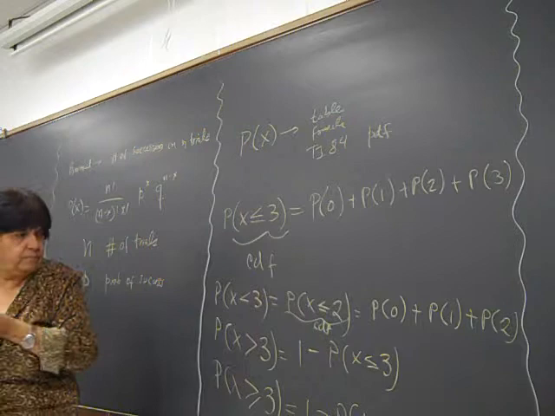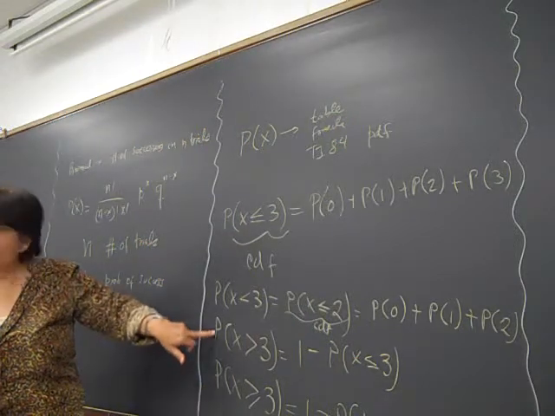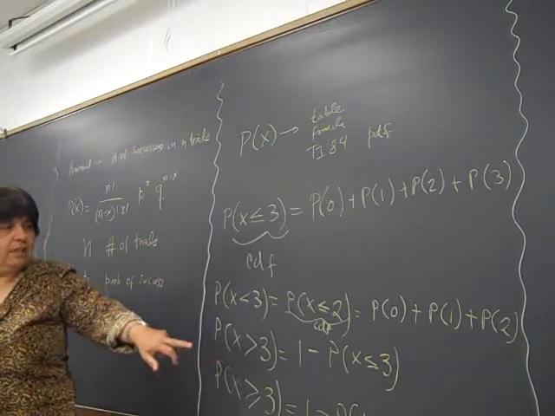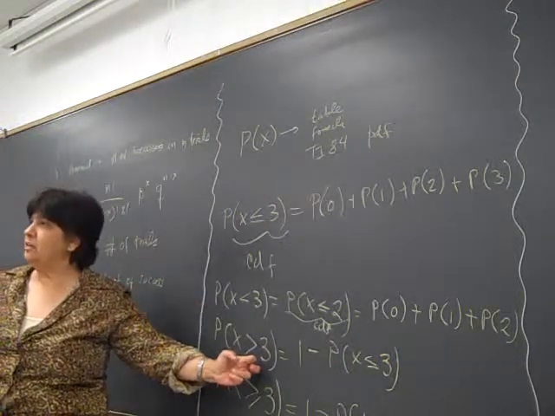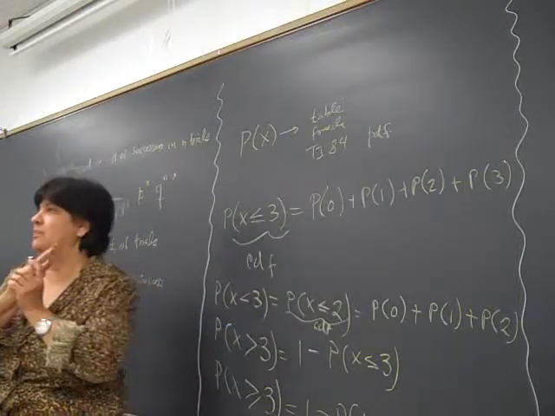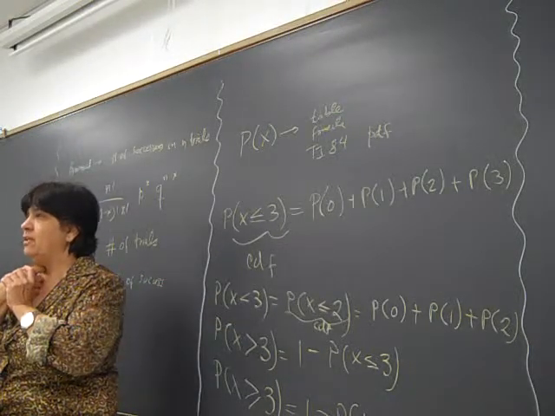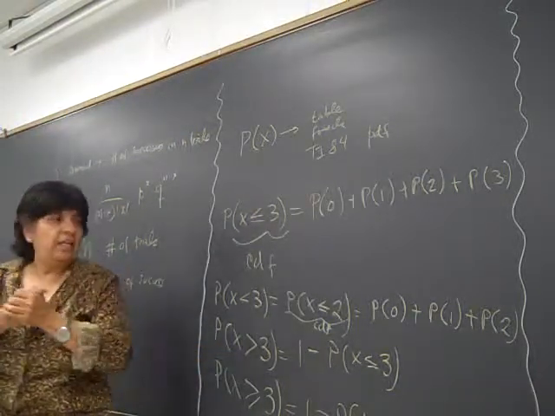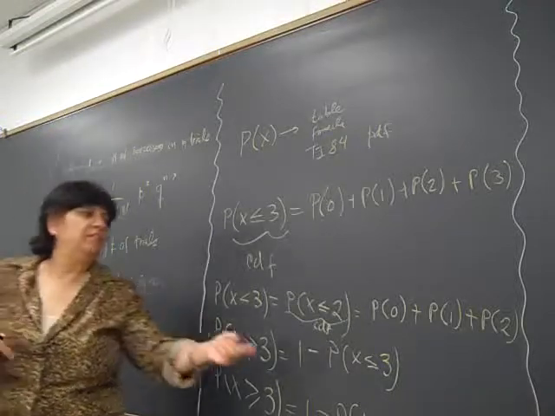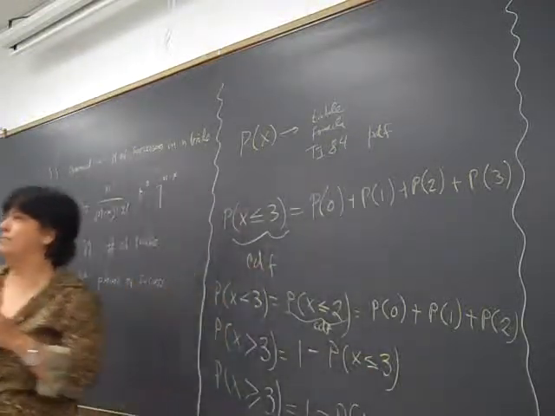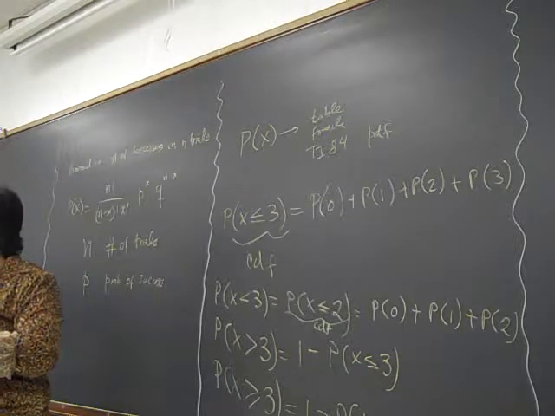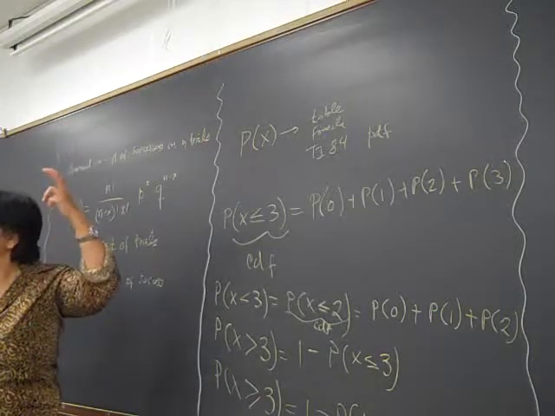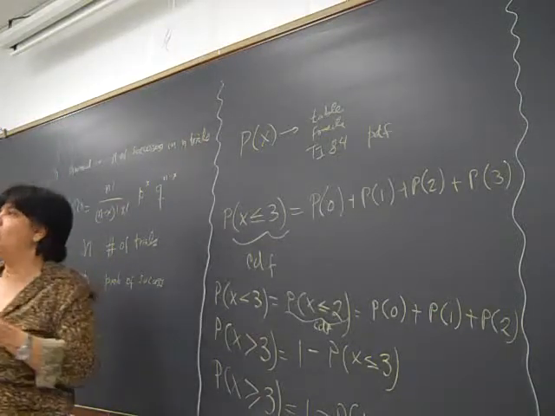Yeah, the third one. This one? No, this is the other one. If it's greater than, why would you take the less than or equal to 3? Less than or equal to, because 3 is not included in this one. So it has to be included in the complement. You see? Because this one includes 4, 5, 6, 7, and so on. So it has to be 1 minus 0, 1, 2, and 3. Okay? You see? Because when you add all those numbers from 0 to whatever number it goes, that should